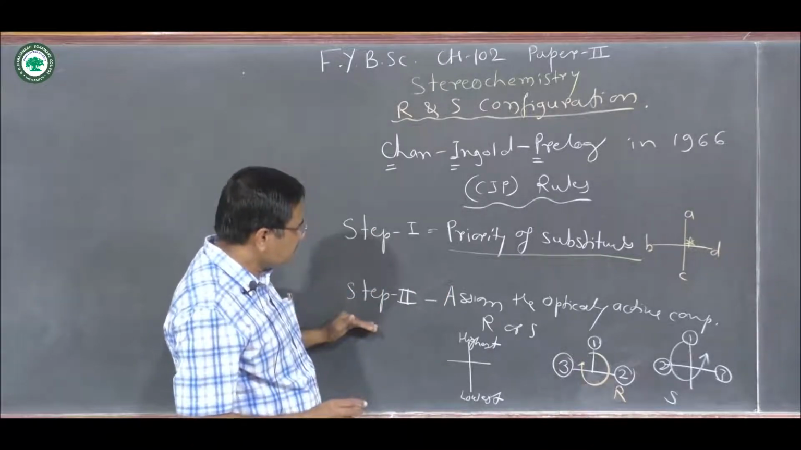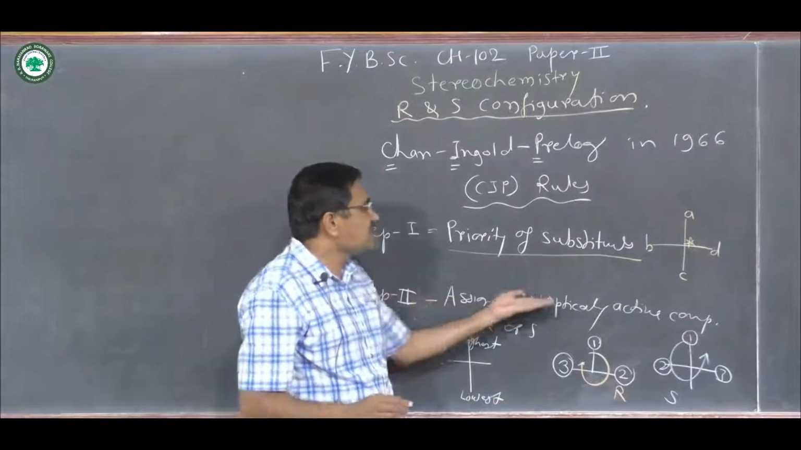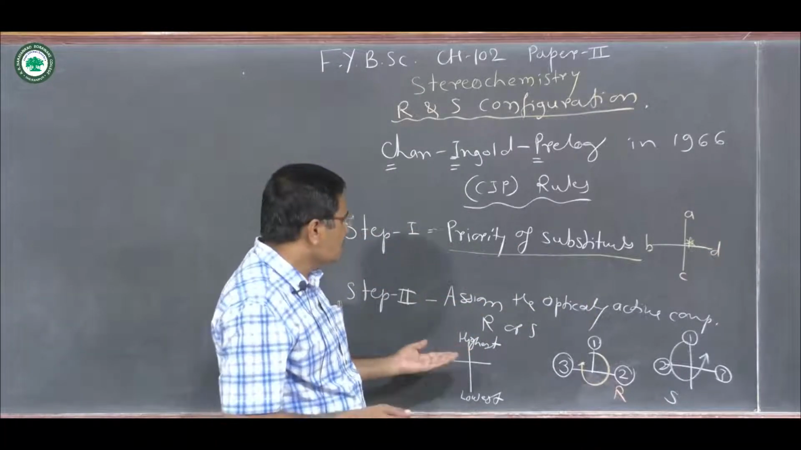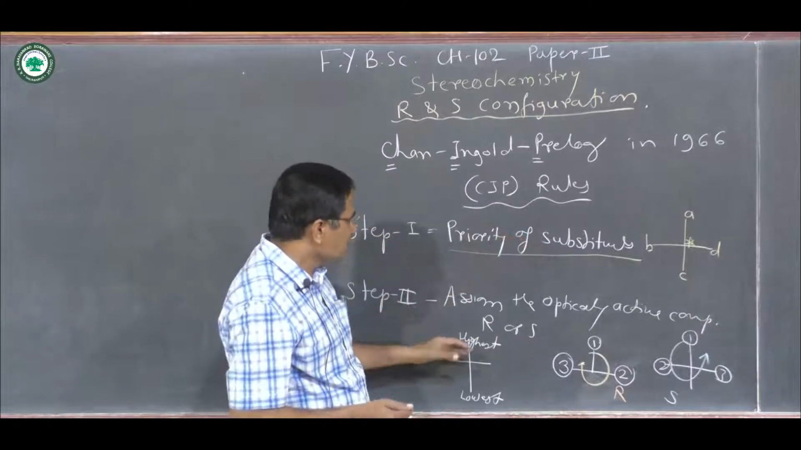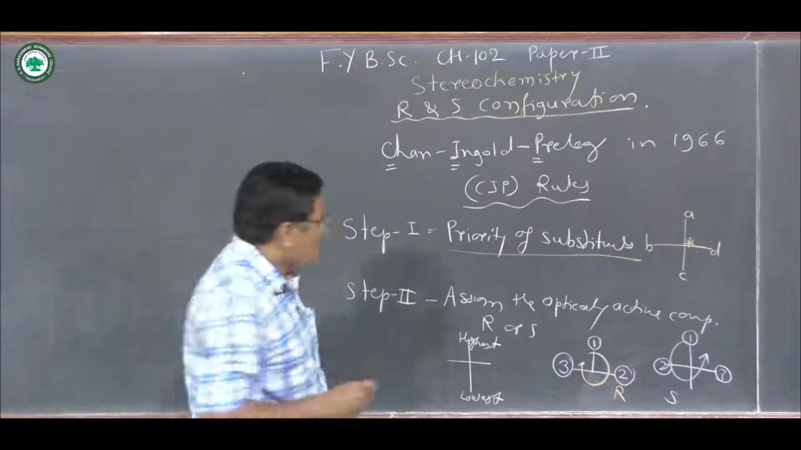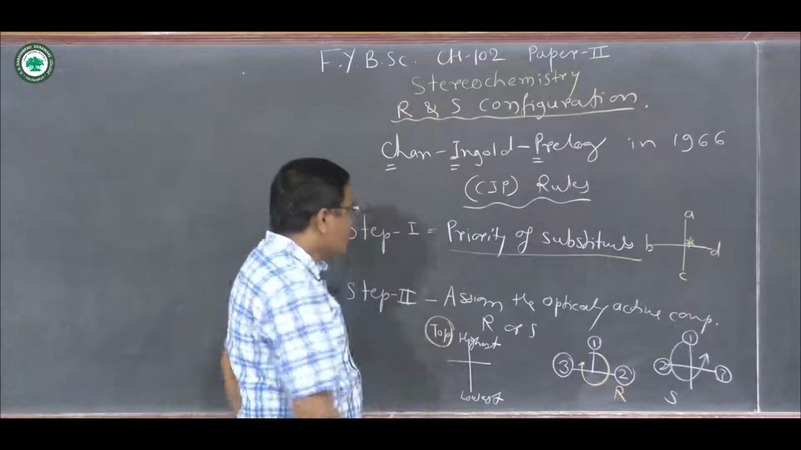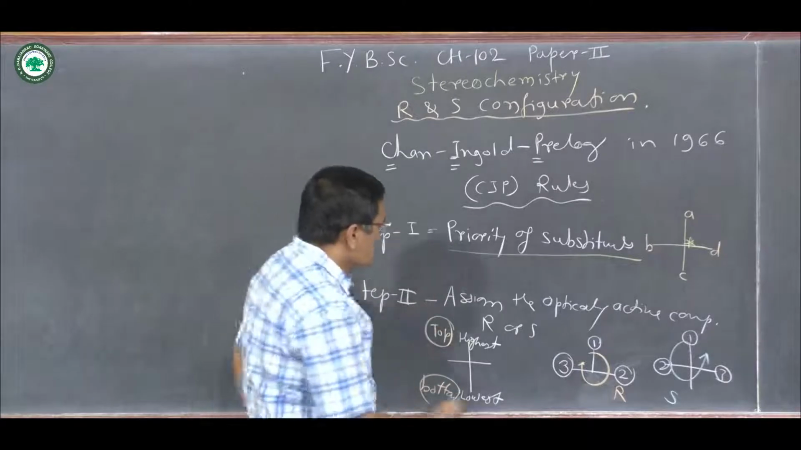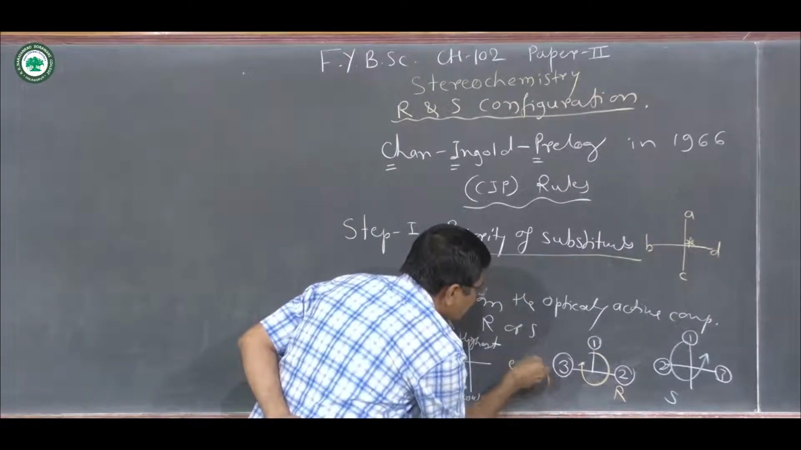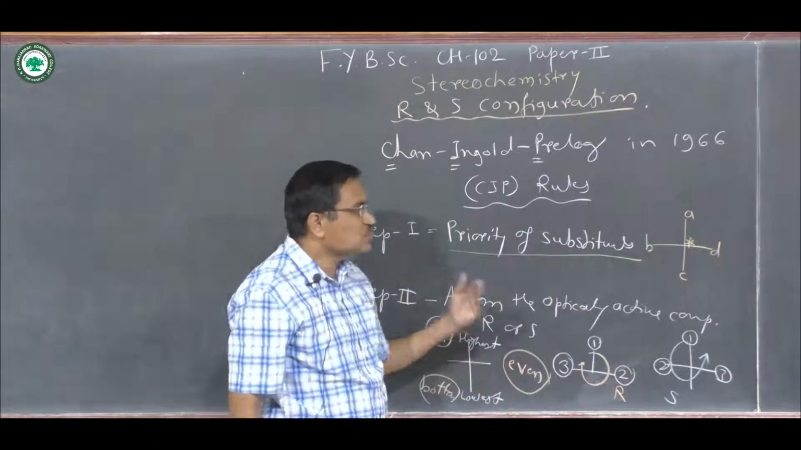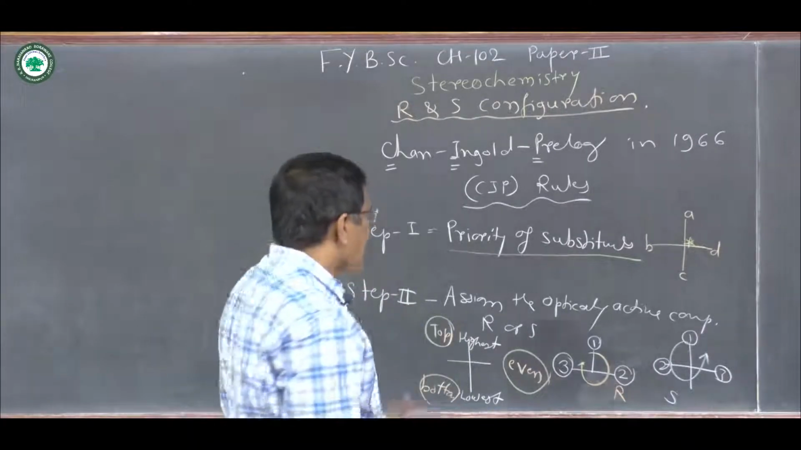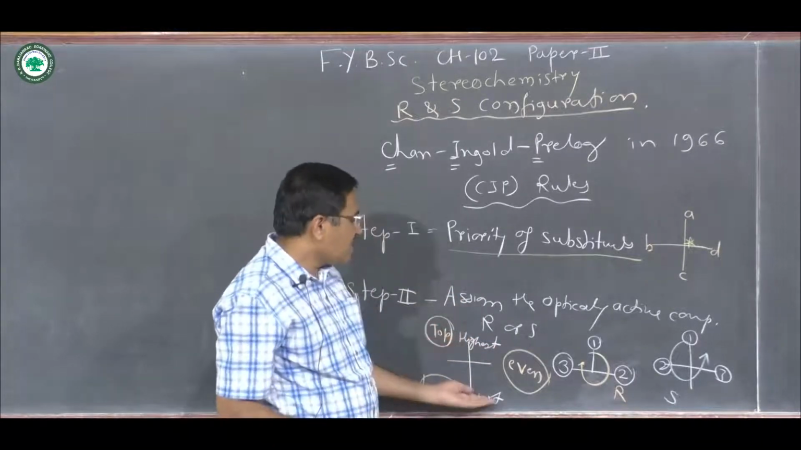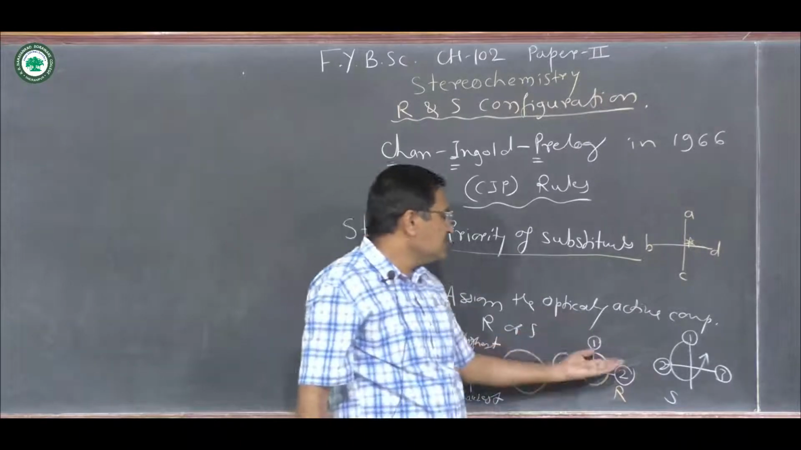Now what happens in step second? Actually step second is related to assigning the optically active compound as R or S. But before assigning this R and S configuration, we arrange these four groups this way. The highest priority group is arranged at the top here, and the lowest priority group is arranged at the bottom here. And for the changes, we interchange in an even way. Even means 2 times, 4 times or 6 times, not an odd number. After arranging the highest group at the top position and the lowest group at the bottom position, then we will assign this RS